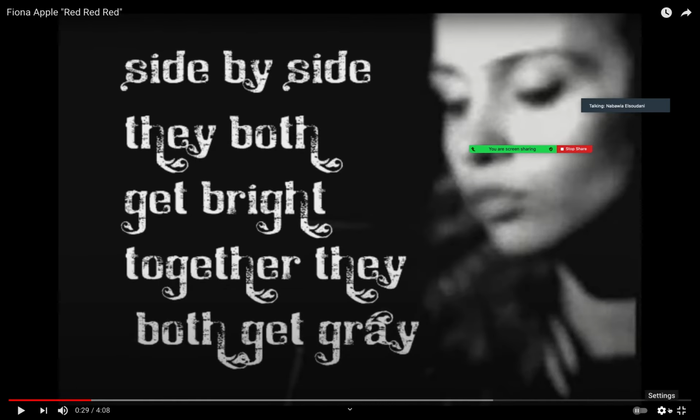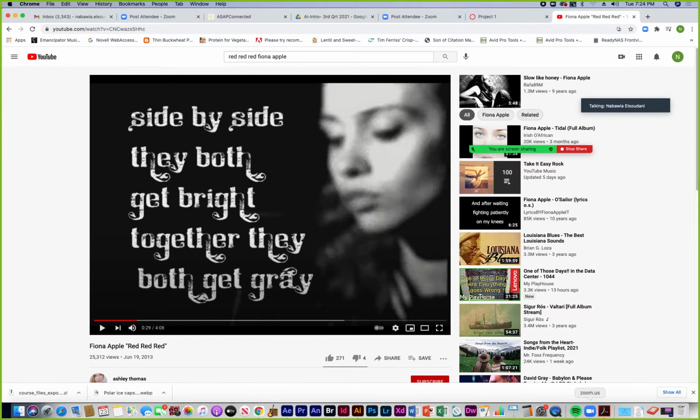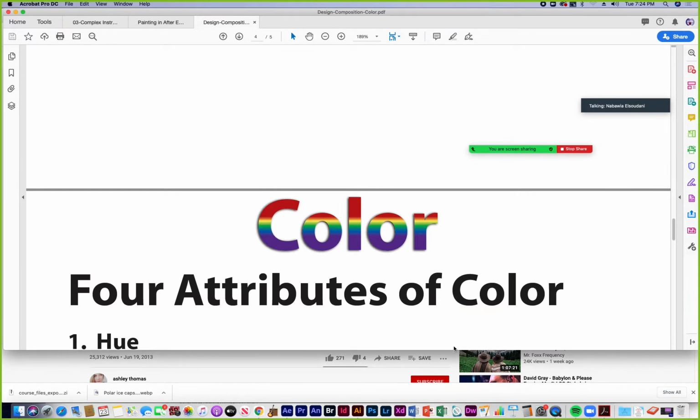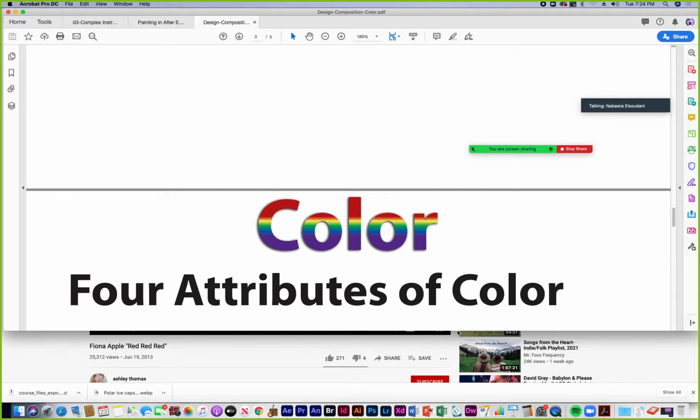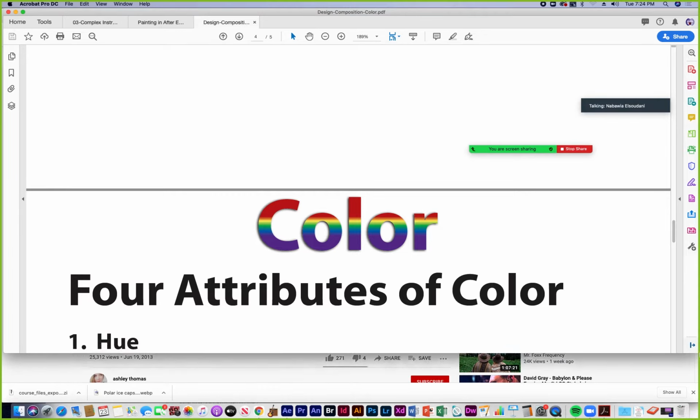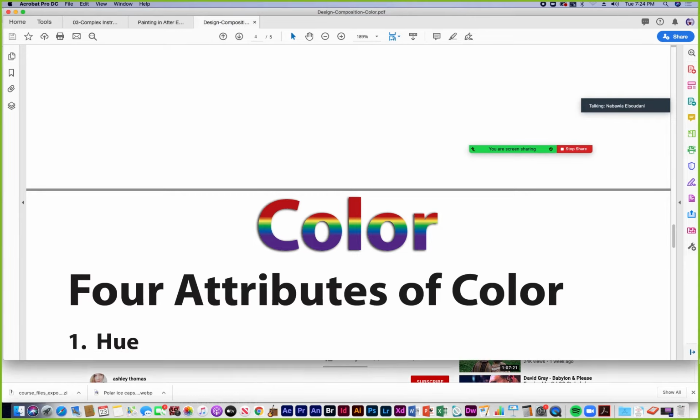So this is Color Theory in a Nutshell by Fiona Apple. But let's dive into it a little more, talking about our handout on color here. There are 4 attributes of color that I'd like us to know about. And we talked about one already. It starts with an H, hue.